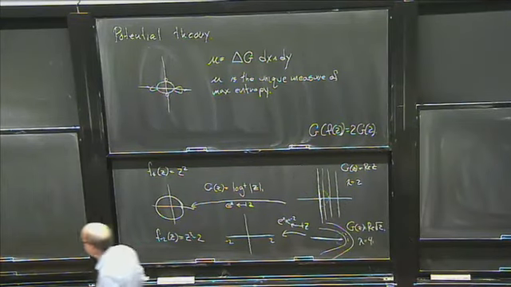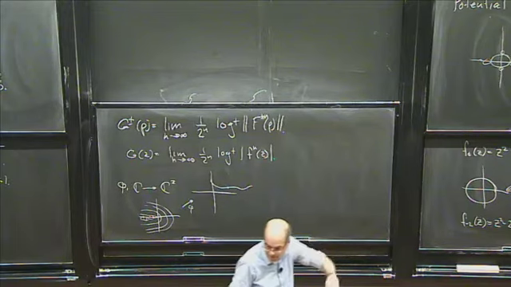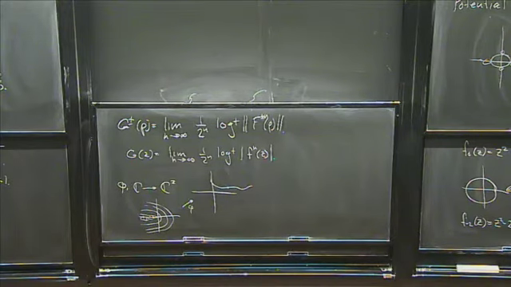Okay, so this was the one variable course. We're ready to move on to the two variable course. So this is the second semester of potential theory. Okay, so another way of seeing the complex invariance here